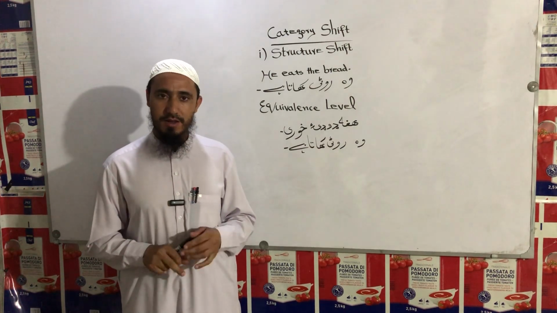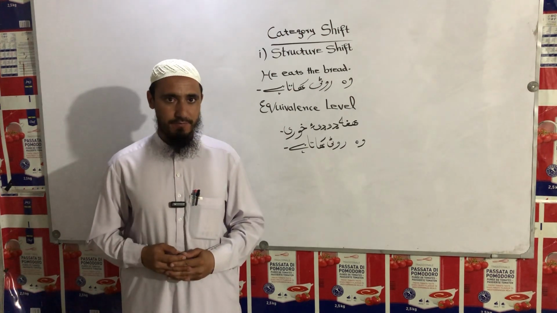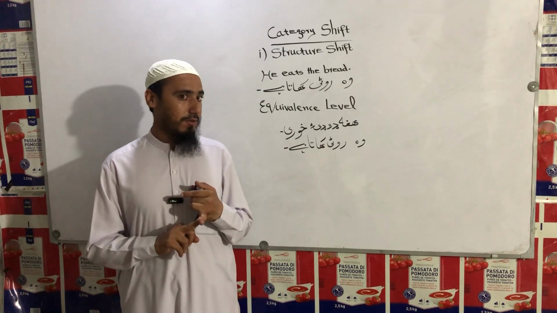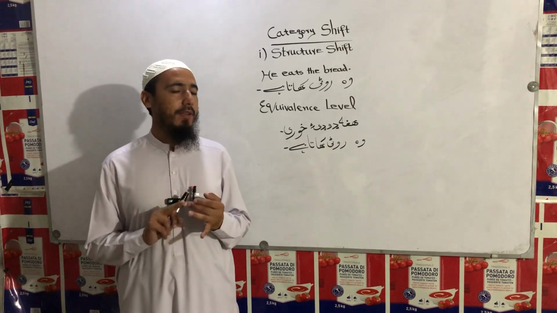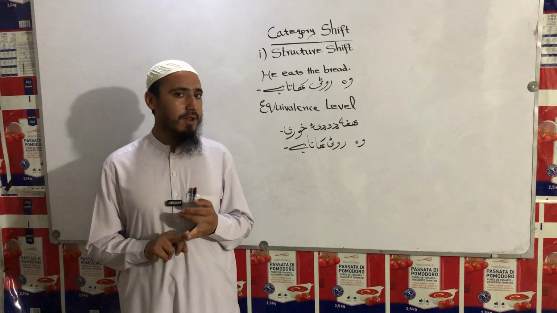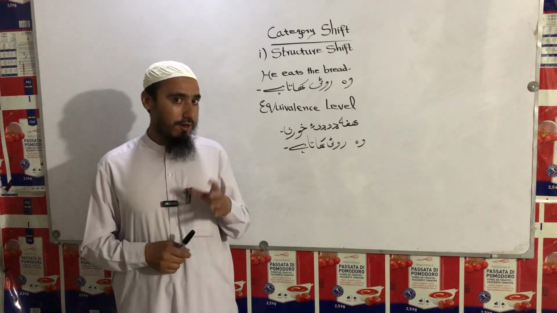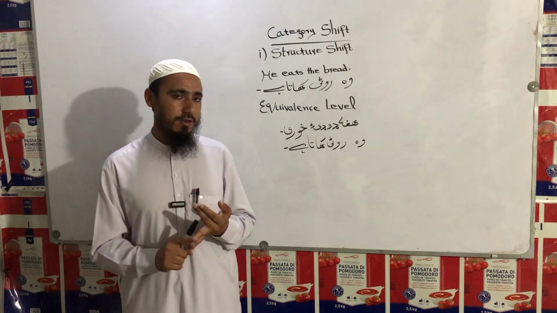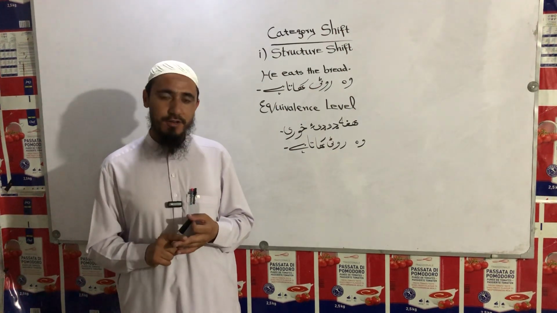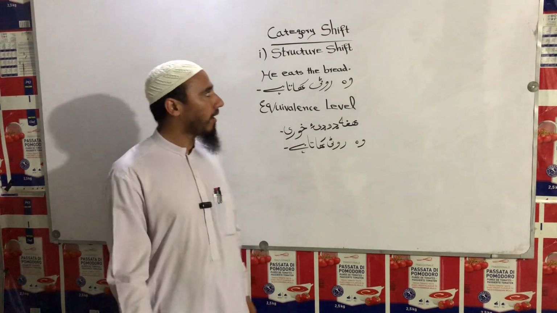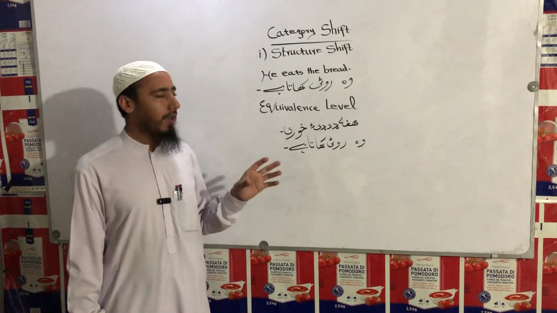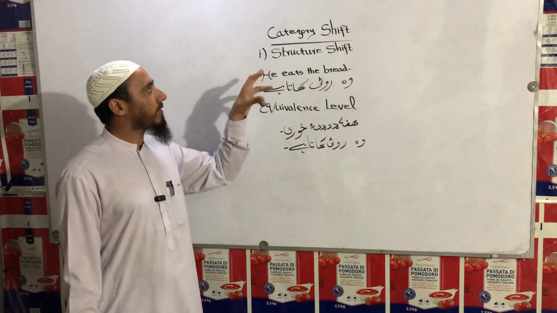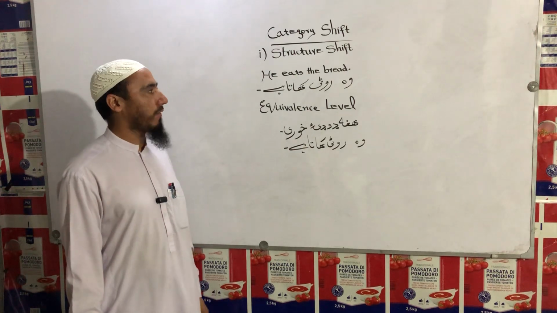After that, I started Catford's theory in translation. In Catford's theory, I told you about his own definition of translation, then level shift, and also some of the types according to him related to translation, like total translation, free translation, and partial translation, etc. Today, I'm going to extend his theory and discuss another important point of his theory, and that is structure shift.